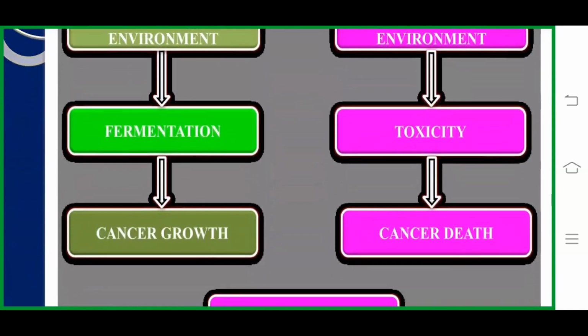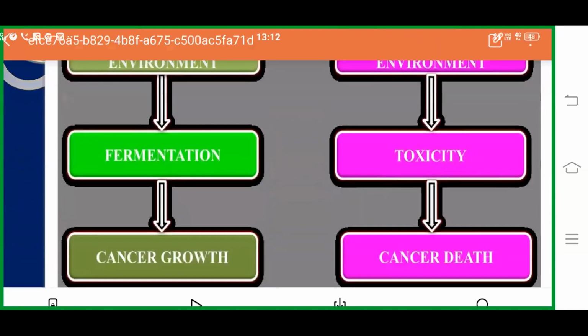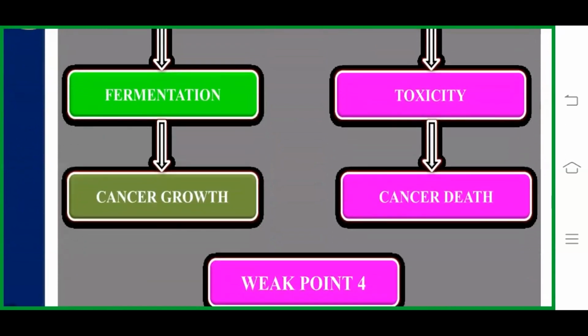So the hyperoxic environment and oxygen therapy is also being carried out in the US and other European countries. That becomes weak point number 4. So you have to reduce the growth of the cancers by supplying more oxygen. That is an ambiguous point to be verified by all people. And the next one,